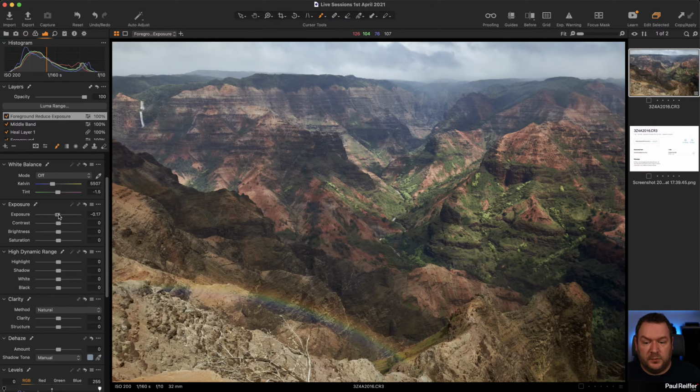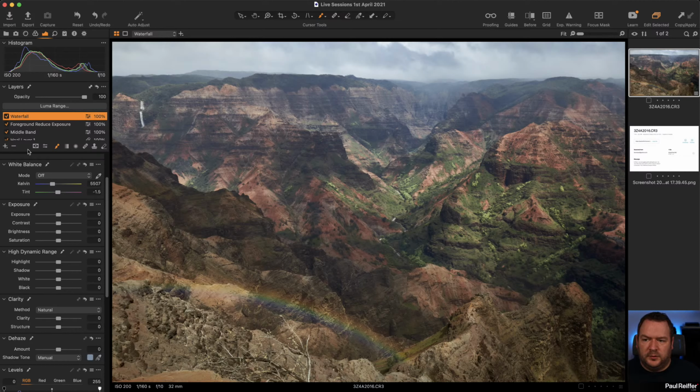So with that, I can then pull down my exposure. Again, not a lot. This is less than a stop of difference. In fact, we're going to stop there, 0.79 of a stop. But it's enough to just bring the viewer up here into all this detail out here. If I really want that waterfall to pop, just looking at it now,